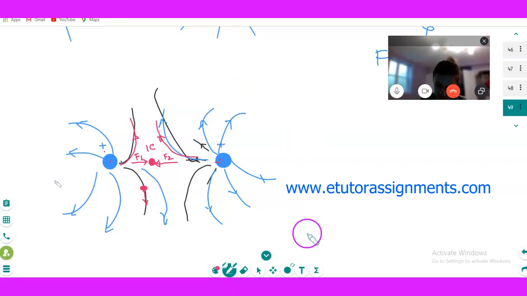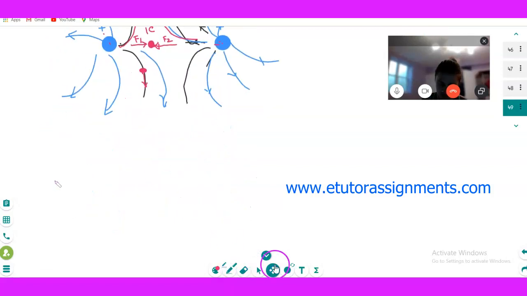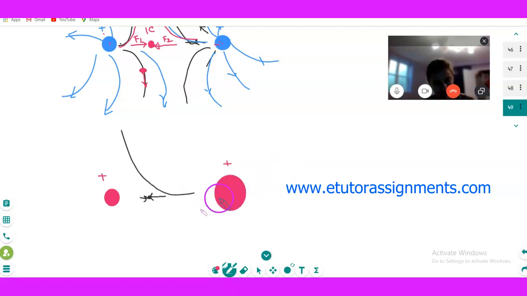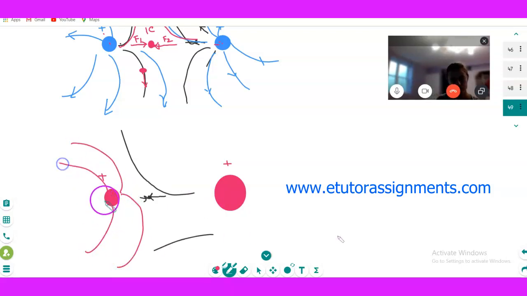Now you tell me, if both are unit positive charges, suppose one charge is stronger, suppose this is one bigger charge. How will the electric field line be? Both are positive. Please tell me. So if I put here a unit charge, force 1 is going to be like this, but force 2 is going to be like this, and it's going to be bigger. So this is going to be going like this. Yes, this will be a smaller line. Correct? Is it clear?